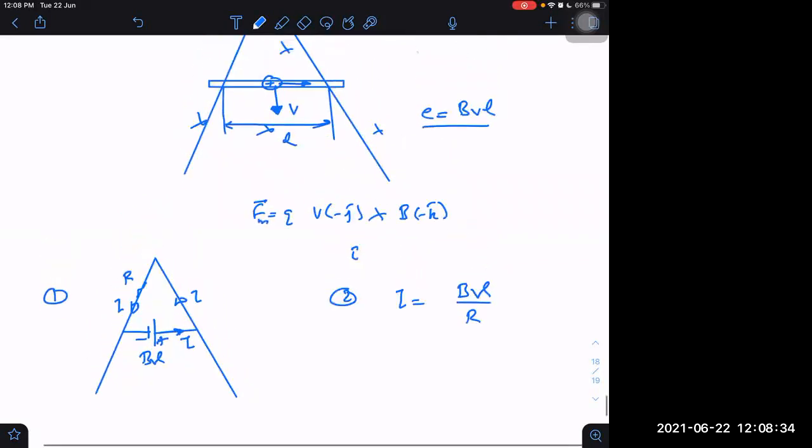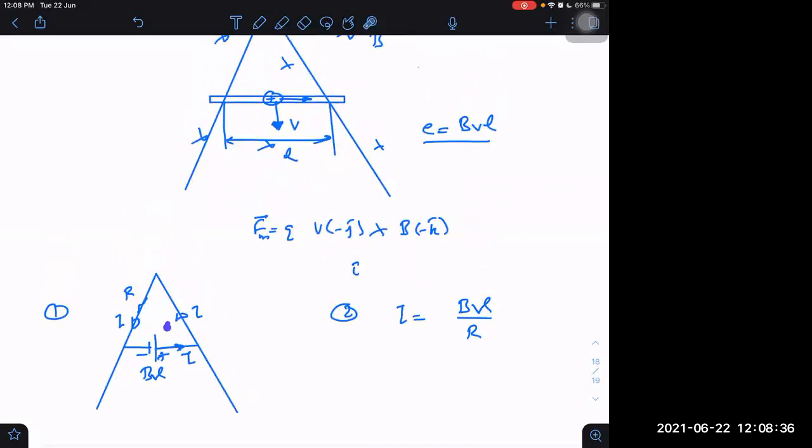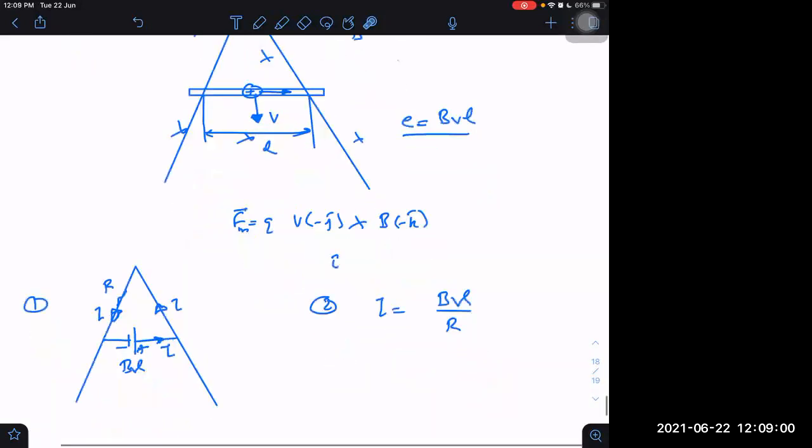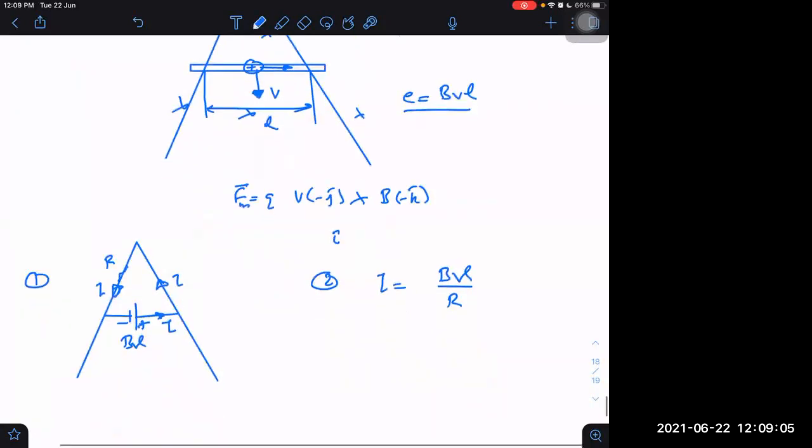Now verify. What we have to verify? Verify whether this is coming out to be correct or not. Crosses are increasing, so the flux is increasing. It will try to decrease the crosses, so it will try to create its own dots. Anti-clockwise current, right? Because the crosses are increasing as it is going down, more field lines are passing through it. It will try to create dot field, and dot current means anti-clockwise current, and we got anti-clockwise by this method also. We can verify because sometimes we may not be sure, we may commit some mistake.